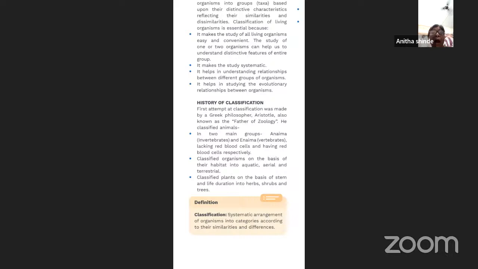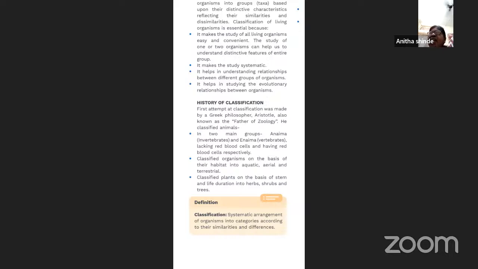And based on these two categories he has classified. Apart from the animals, he also classified the plants on the basis of their stem and life duration into herbs, shrubs, and trees. Now, if you take the plants, some of the plants will be very small, some a little bit bigger, and some of them will be in the form of trees. So based on their stem and life duration, or you can say the length, or their height,